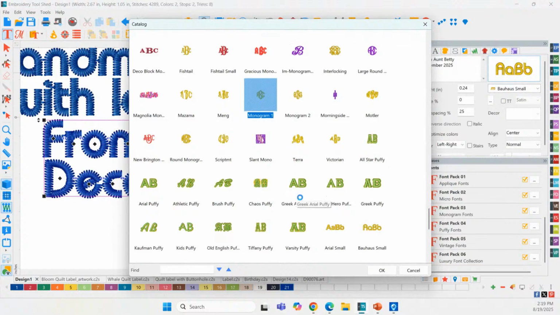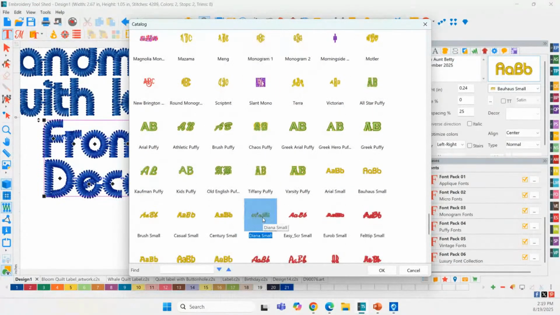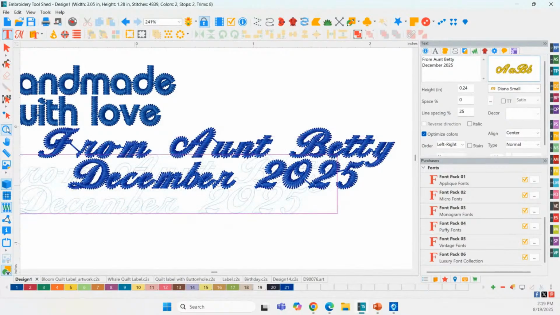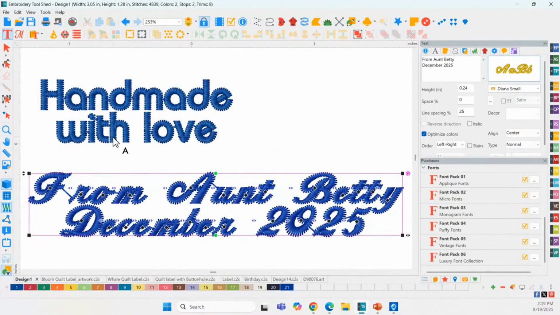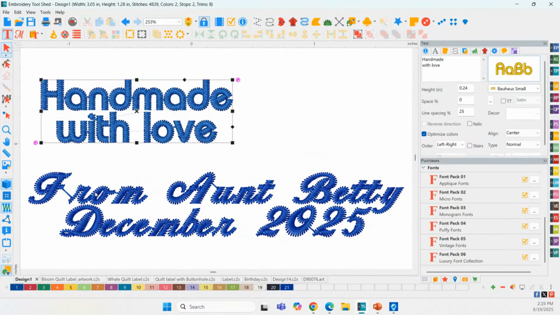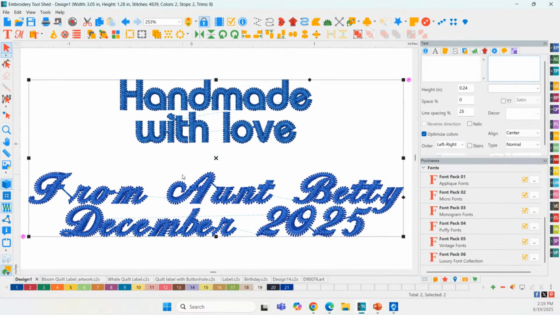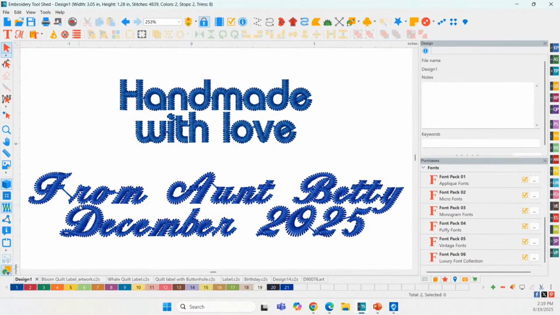So maybe you want this micro text to be a little scripty one. So let's see what Diana looks like there. And then we can zoom out, put both of these together, and center them up if we wanted. Now, just a quick reminder that your text, you can edit the